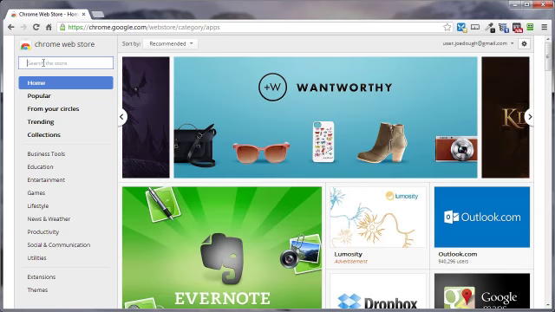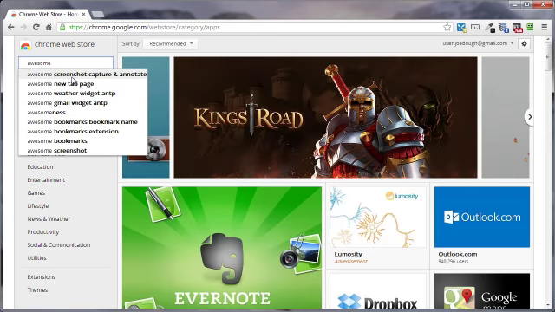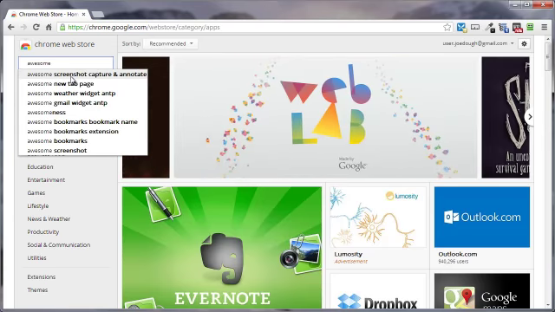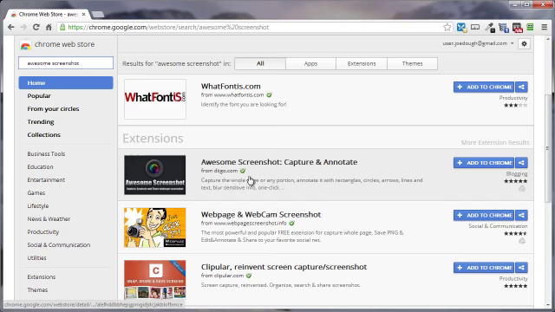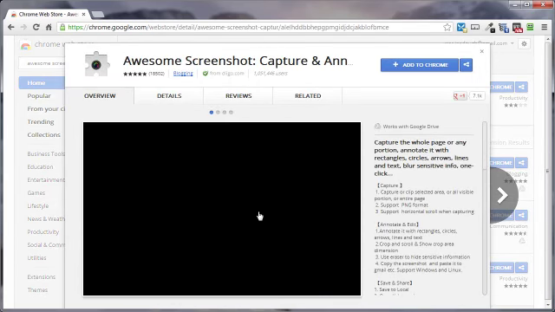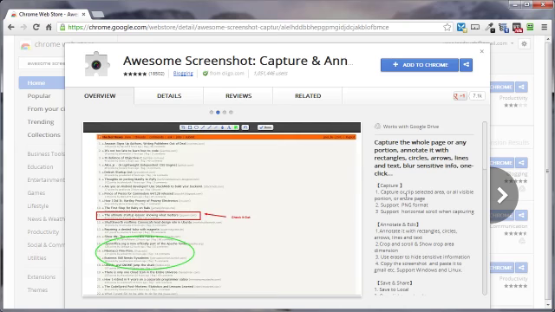Now up here in the search box, we type in awesome to find a few things that are just awesome in the Chrome Web Store. So if we just come on down here to Awesome Screenshot, that should bring up a couple of items here. This is the one that I'm looking for. Awesome Screenshot, Capture, and Annotate. And if you just click in the gray box here, that'll bring up some information about this particular extension, where you can check out further details, reviews, or other related items,